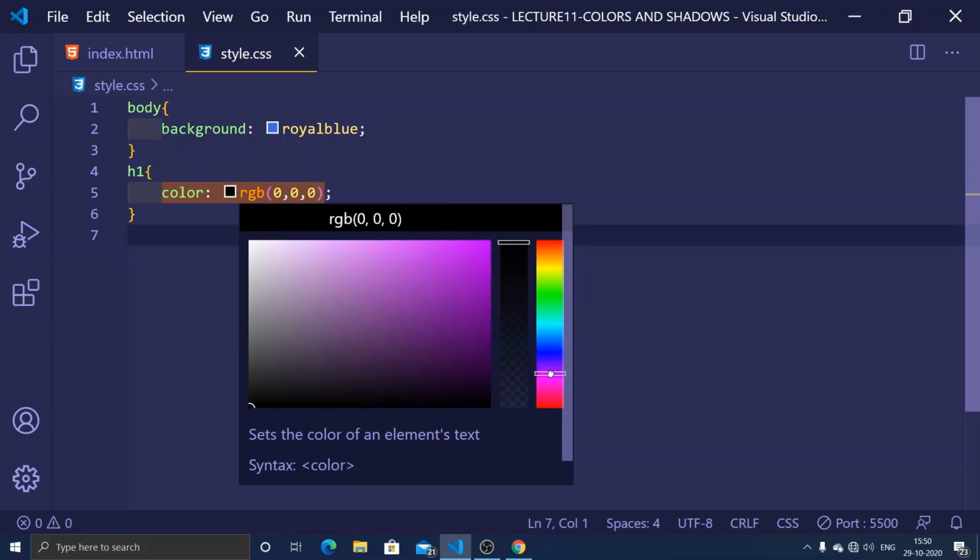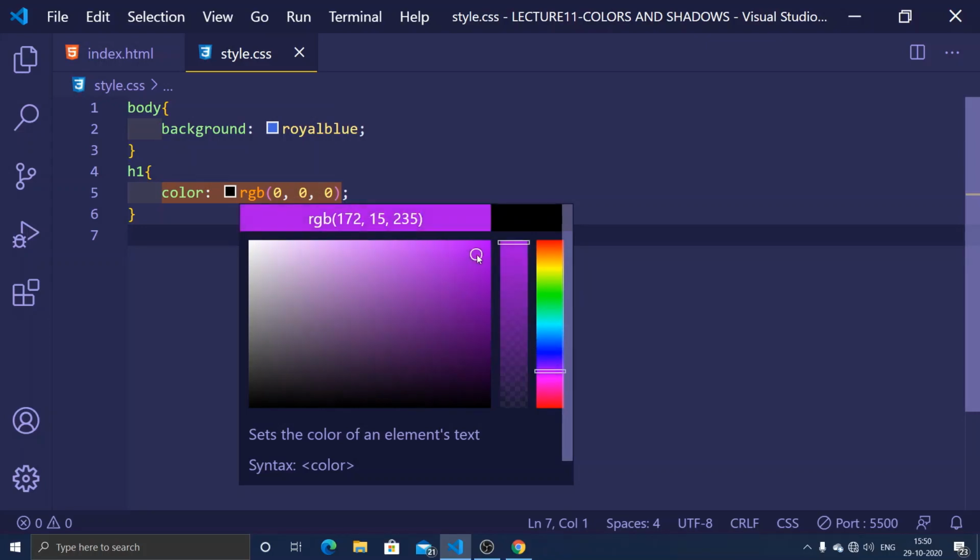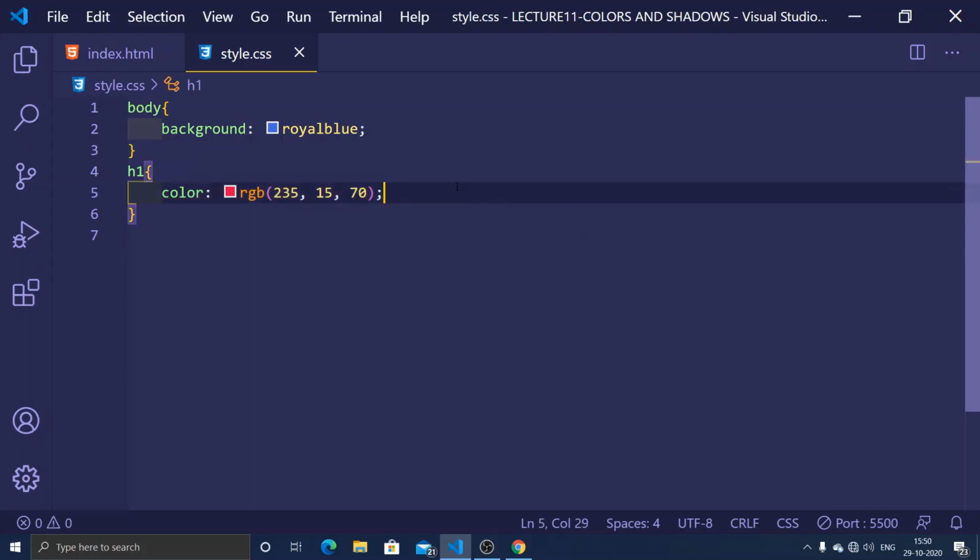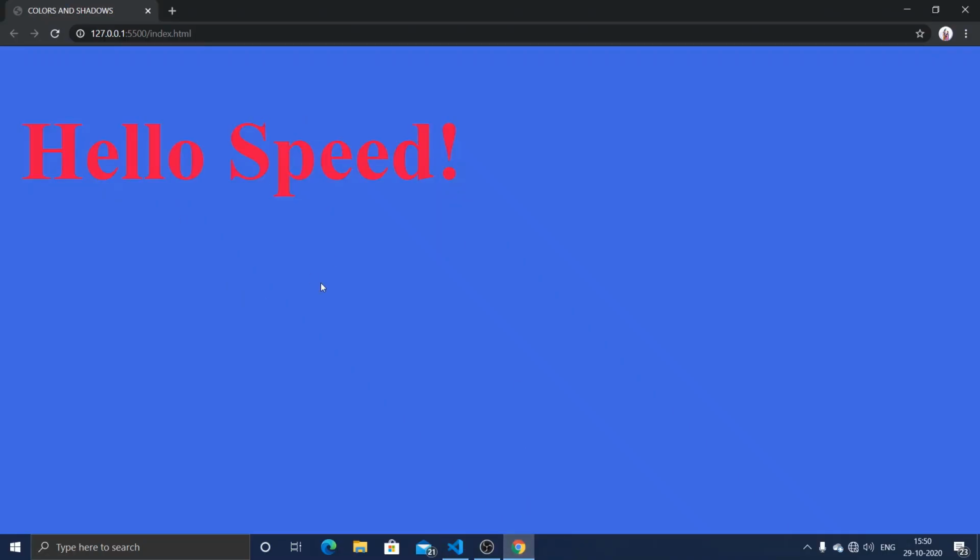So as per my wish, I am going with purple, something like this, or maroon. Okay, this color looks good for me. Now I'm going to show you that my color got changed, and I don't know the name of the color because I have just chosen a random color. You can just call it any color you want.